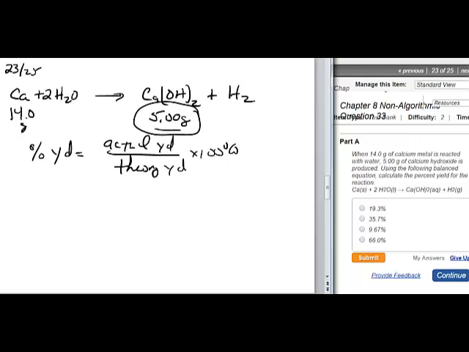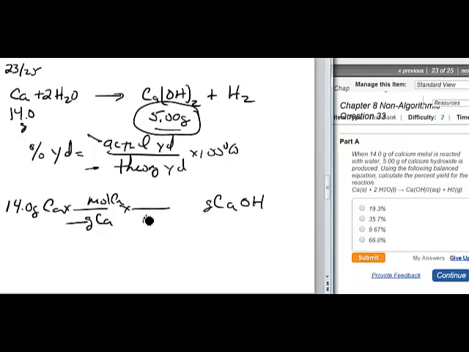And what we're given here is an actual yield. So we have this top part. We need to calculate the theoretical yield. So if we start with 14.0 grams of calcium, how much calcium hydroxide should I make? And this is in grams, so we need to make that in grams. And so it's going to be the calculation where we put grams of calcium down below, we put moles of calcium on top, put in the molar mass, or the formula weight. Cancel moles of calcium, go to moles of